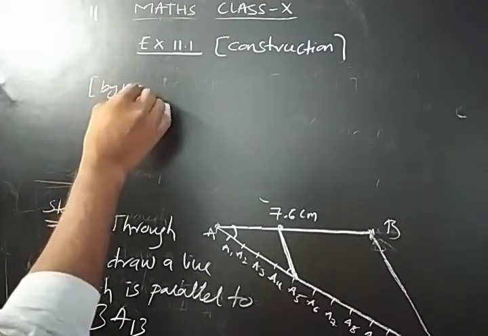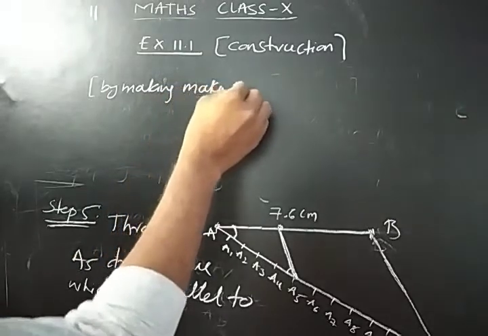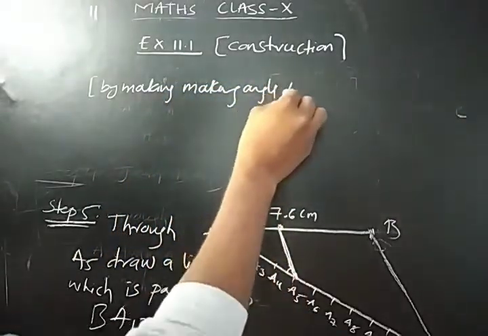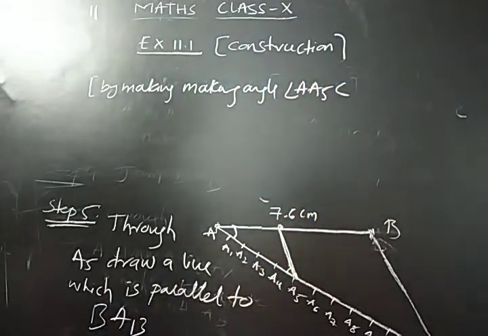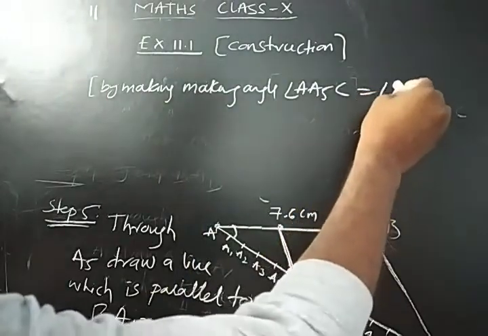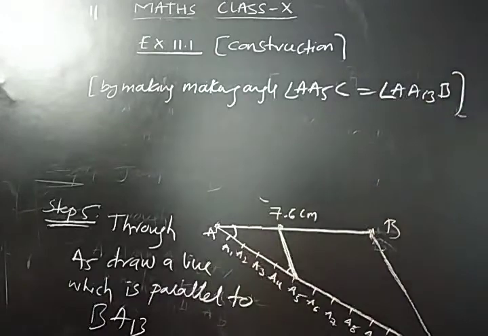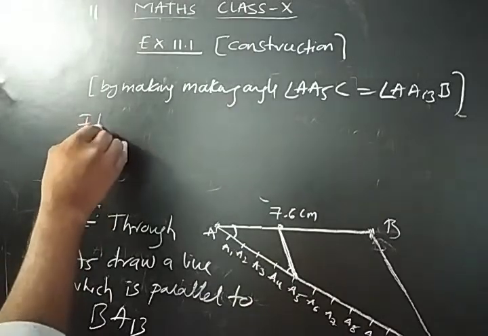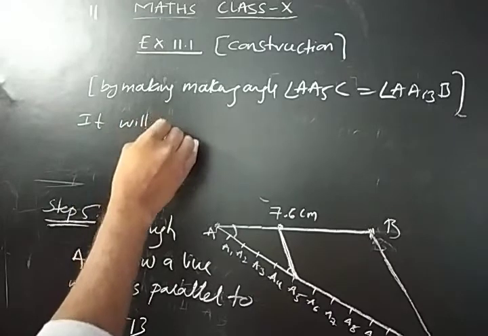By making the angle. Where? Here, this angle. Angle A5C should be equal to angle A13B. You have to take this angle as equal to this angle. Then you will get the parallel line. If you draw one line through A5, it will meet